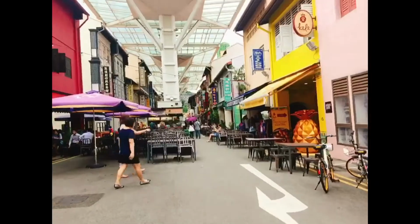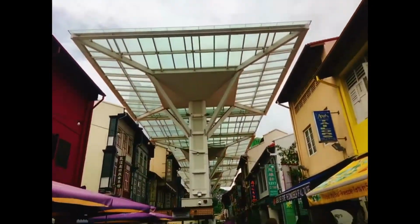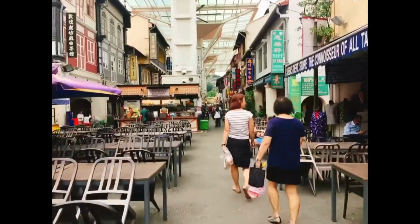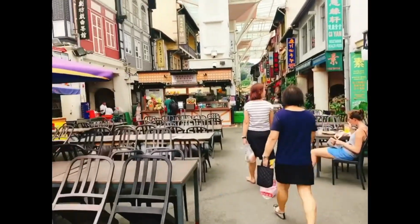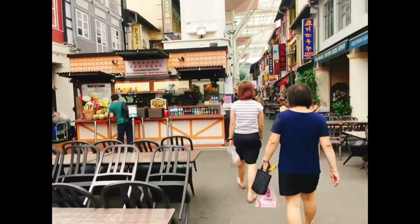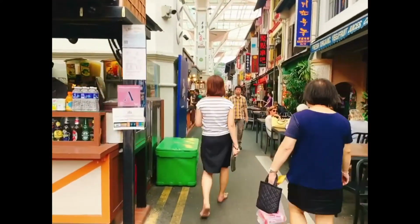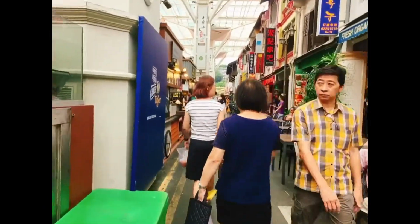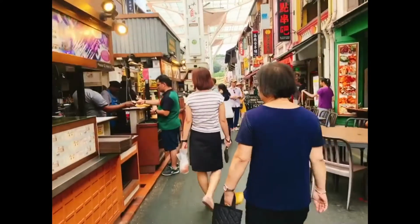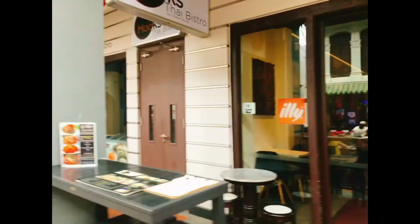And since we're in Chinatown, let me just go ahead and tour you around the Smith Street, also known as the food street of Chinatown. Although we tried to eat there for lunch, I wouldn't really recommend it. It's like a tourist spot. It's not really affordable. All the prices are hiked up, and the food quality isn't really that great if you based it on the price. Maybe I just went on the wrong stall. I would love to try it again, but